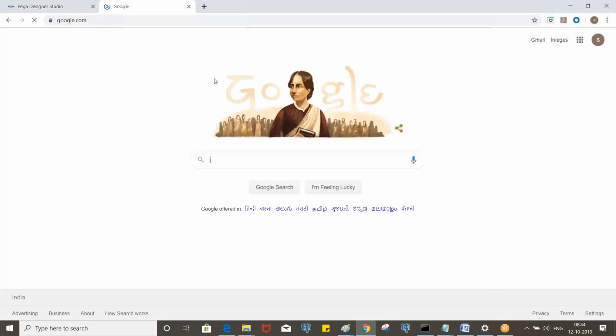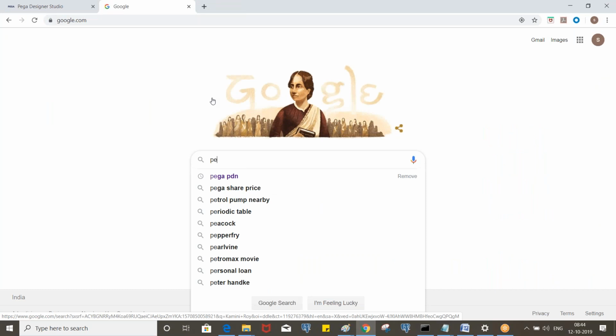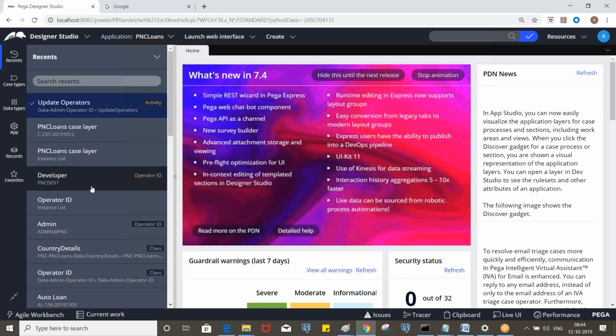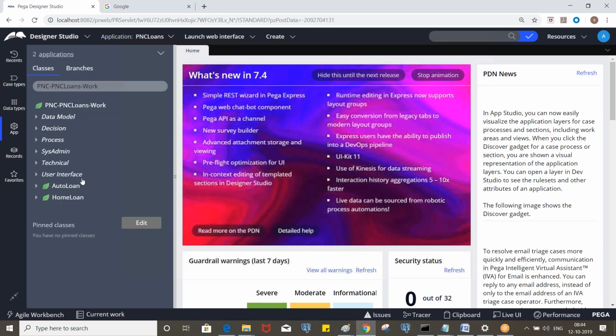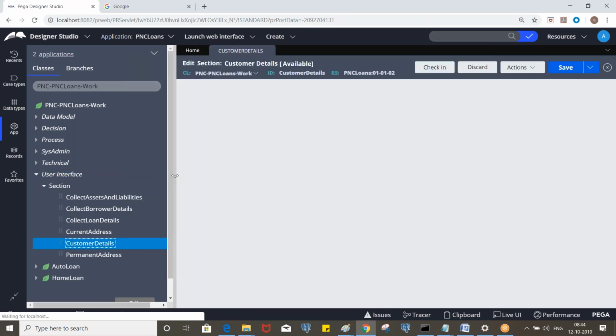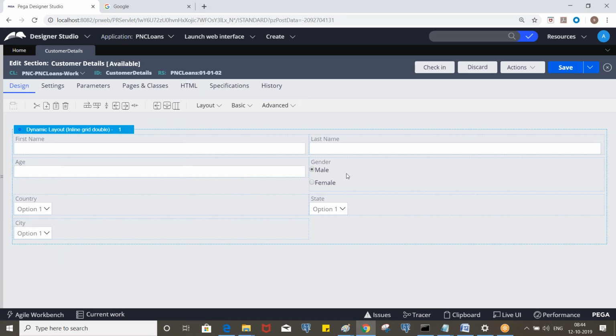If you type P, it displays all the information that starts with P. You will see the control. Let me take any section. This is the control, the same way, same as a drop down.